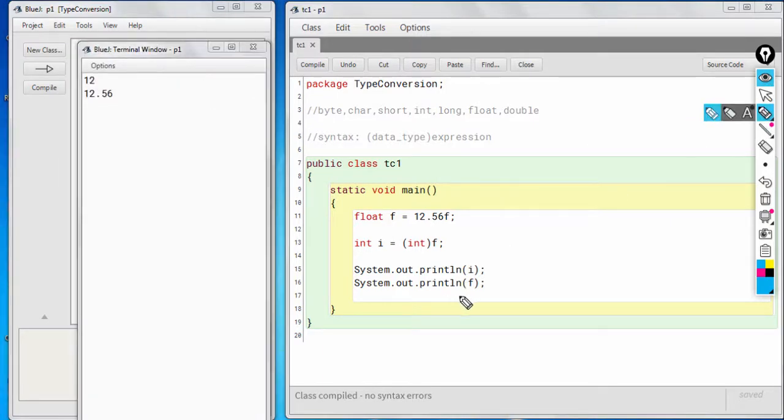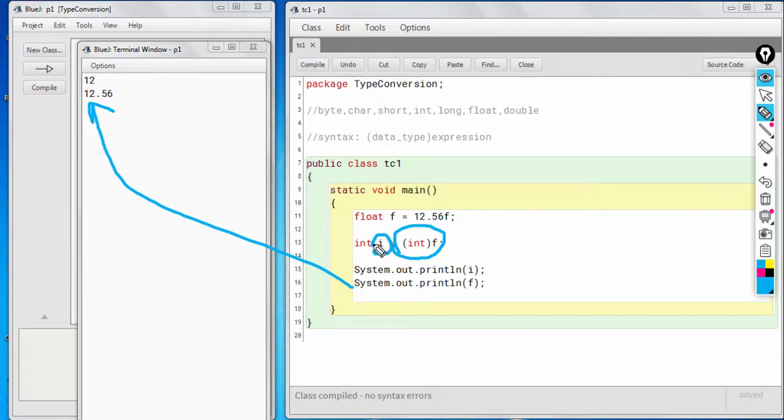As you can see, there is no change in the original value of variable f. The only thing that was done here was that the value of f was taken, and that particular value only was transferred into an integer, and that integer got stored in the variable I. That is the reason why when we print the value of I, we are getting 12 and not 12.56.